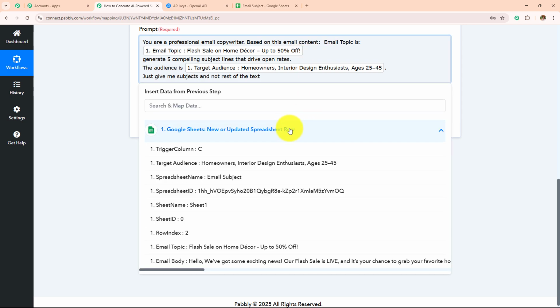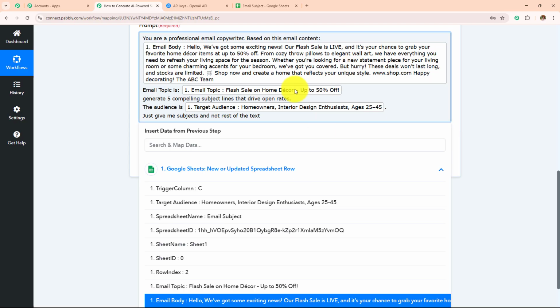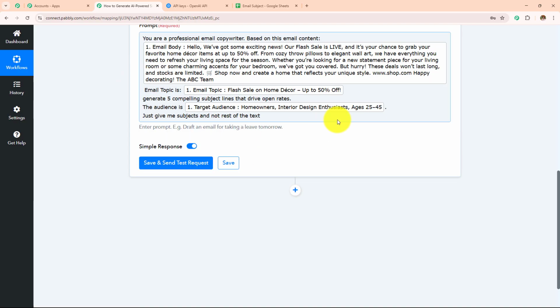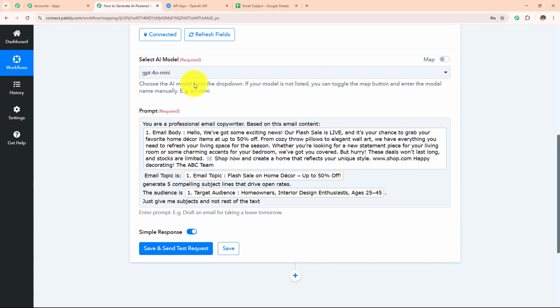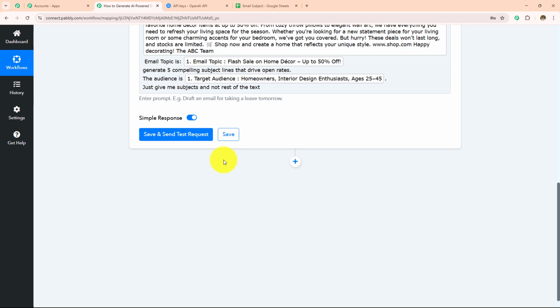Here on the top, I had this email content. So here I have entered that. Now over here, mapping is important so that every time you receive a new response, it is taken into consideration in this field. Manually entering the data will make this field static and the information will not change even if you have received a new response. Over here, if I manually enter any detail, this field will become static and every time I receive a new response, the result will not change. So as to keep this field dynamic, we use this process mapping instead of manually entering the details.